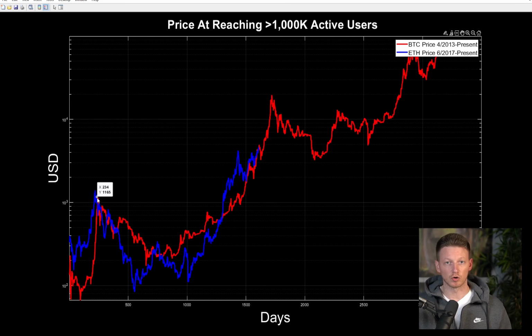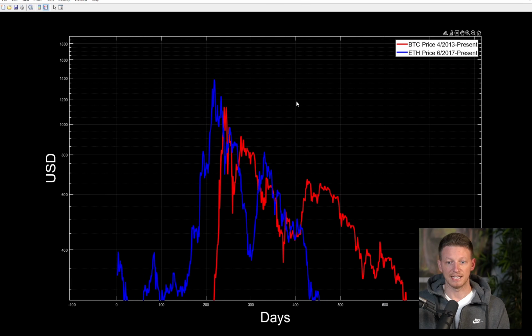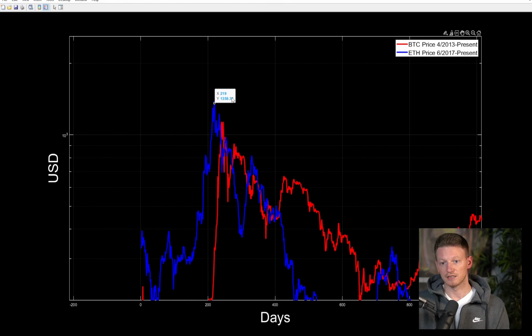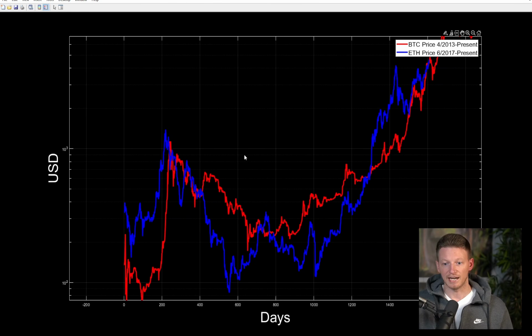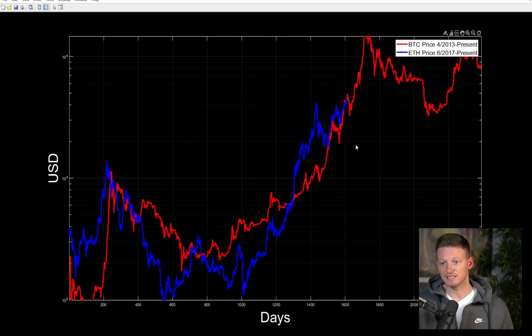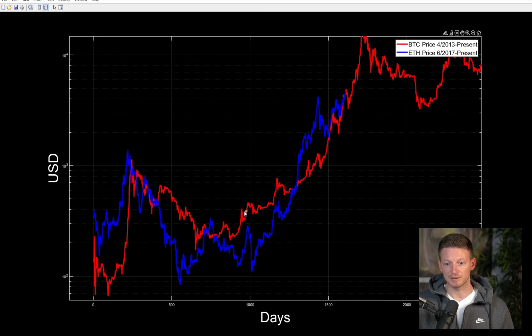So you'll notice I haven't normalized these prices. This is the first peak for Ethereum, or the price peak for Ethereum back in 2017, whereas this is the price peak for Bitcoin back in 2013. Essentially 1350 or 60 and around 1100. So the price peak occurred at a very similar price point, and then the drop thereafter, and then the ascent to where we're at now, very similar again.